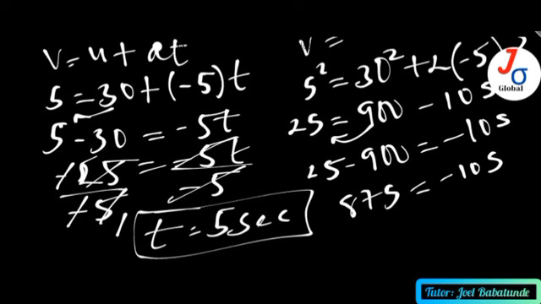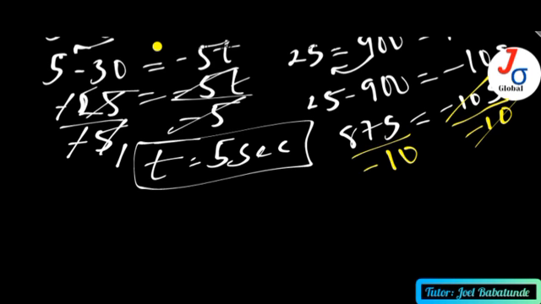So definitely I can divide both sides by minus 10, and minus 10 cancels out minus 10. So I'm left with s, this is minus 875 divided by minus 10, so minus cancels out minus. That's